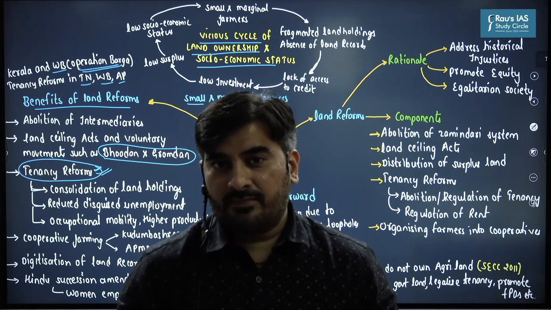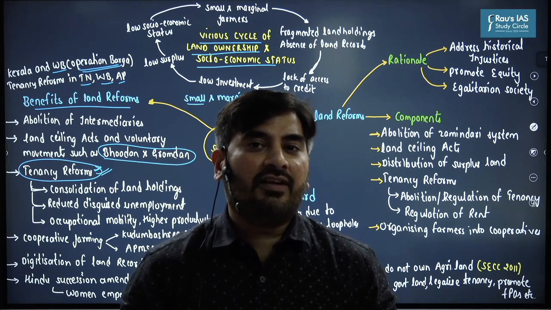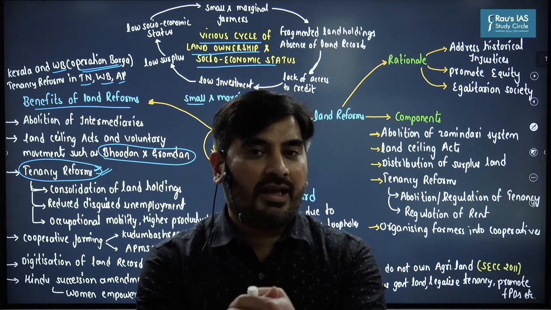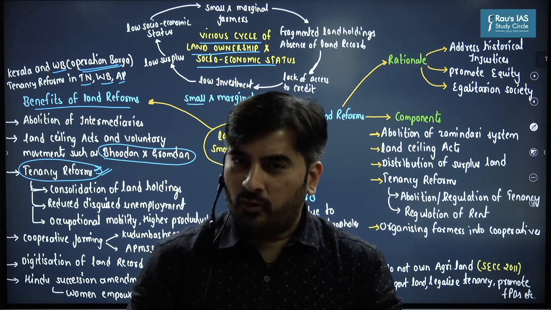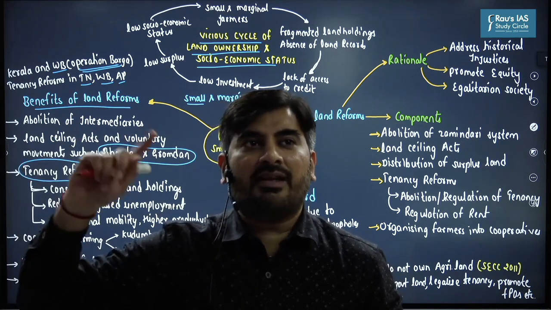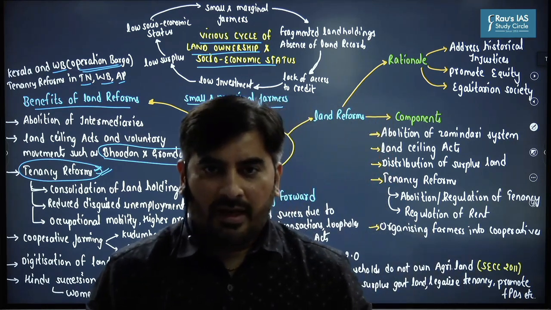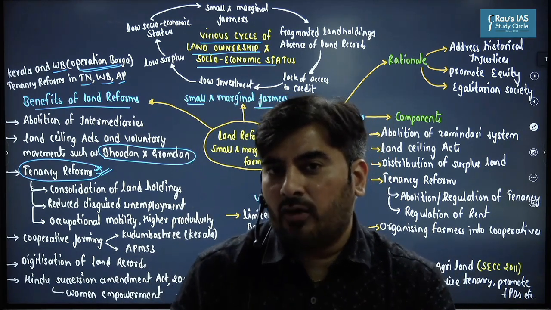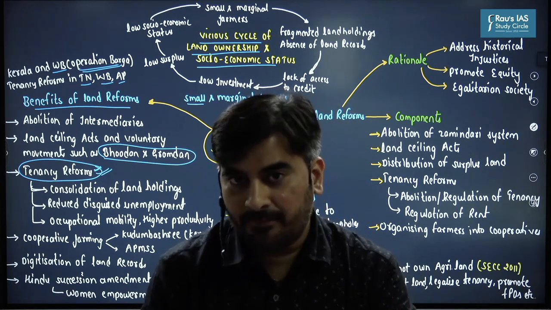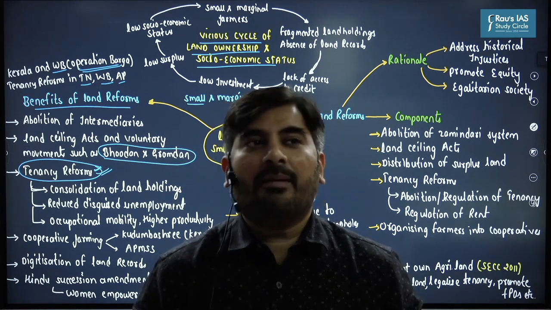Why is this important? In recent years, there has been a greater feminization of Indian agriculture. More women are now taking up agriculture in the rural areas. The reason being, in the rural areas, the males are migrating to urban areas in search of better employment opportunities, which is in turn forcing the women to take up agriculture. And if women do not have access to land ownership, they will not be able to cultivate the agricultural land efficiently. So by giving them the ownership of the agricultural land, we can promote gender empowerment, women empowerment.